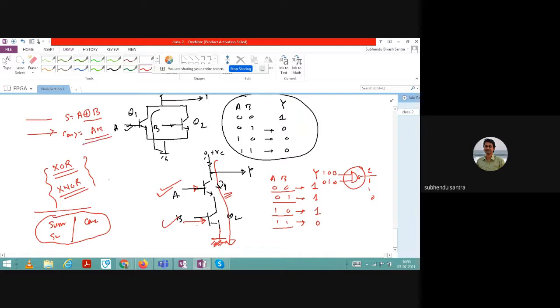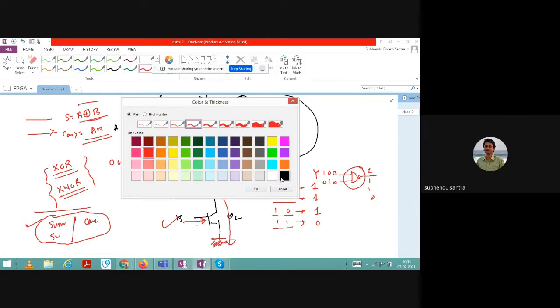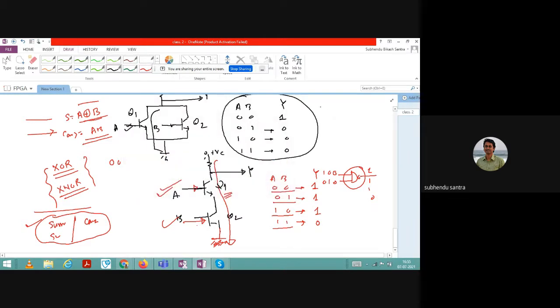Otherwise you have to go for the K-map, and from the K-map you can generate the function, so that will take time. So if you know this before writing the code, definitely you can write it. Similarly, let us say I have a 3-bit adder. For a 3-bit adder, it is quite easy. It is A XOR B XOR C, and if I have to generate the carry, then AB plus BC plus CA.